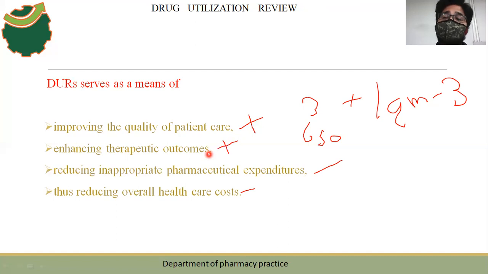But what happened? The patient was taking NSAIDs for his joint pains previously. Previously in the sense, he was taking them continuously, but the doctor didn't notice that, and he has given this warfarin also. So what happens when you give warfarin along with any of the treatment for arthritis? There might be a chance of increased bleeding. We are not saying bleeding will happen definitely, but there might be a chance of increase in bleeding, right? That's one of the things which we found out at that time when we were in internship, right? So like this we can enhance the therapeutic outcomes, right?